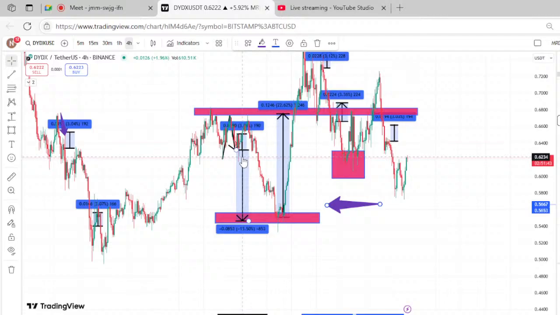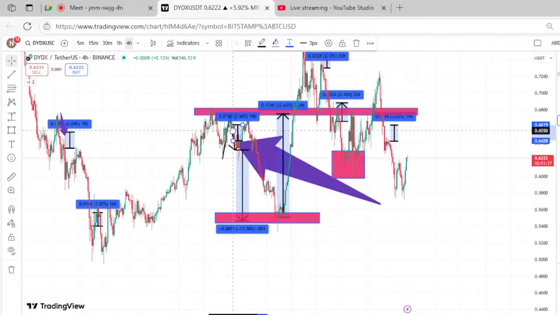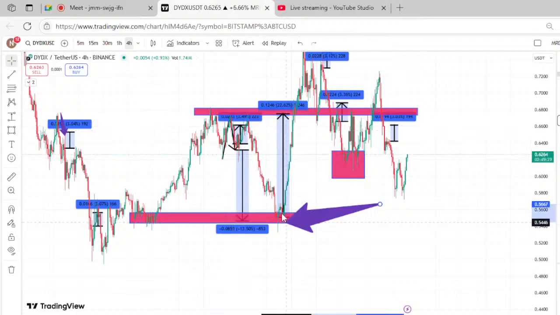Now we entered here risking our 10%, $10 here, targeting the signal, but 20% I can put it here, 30% I can put it here. Because I know